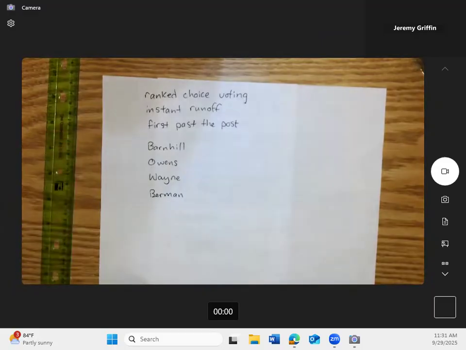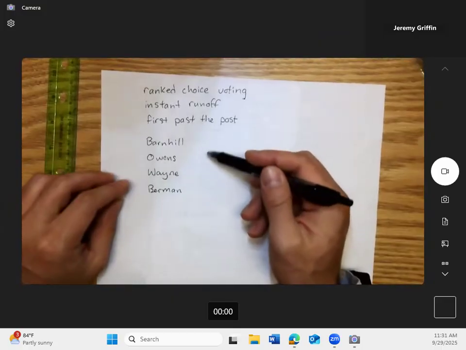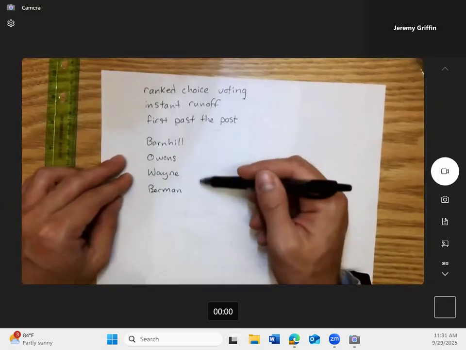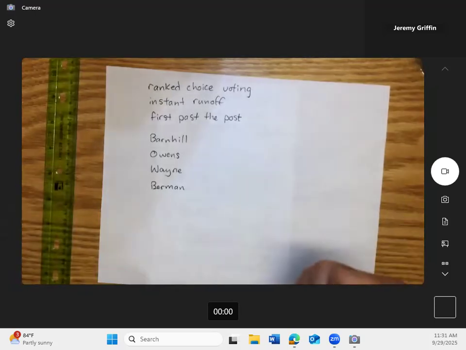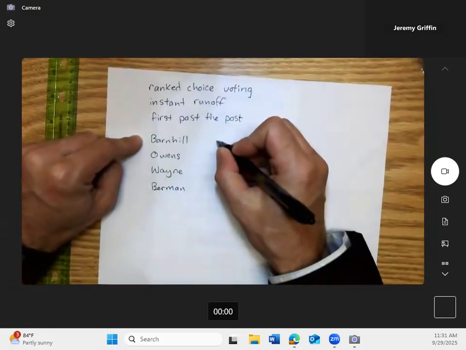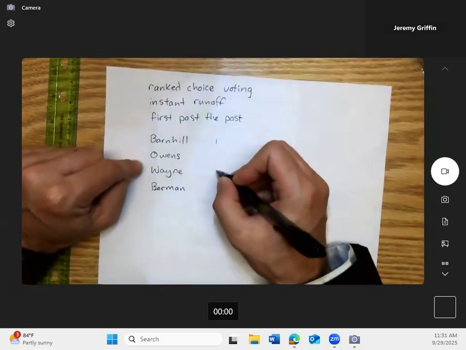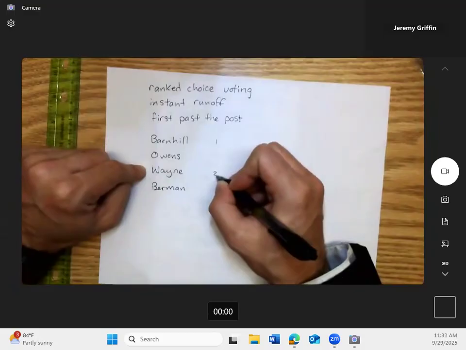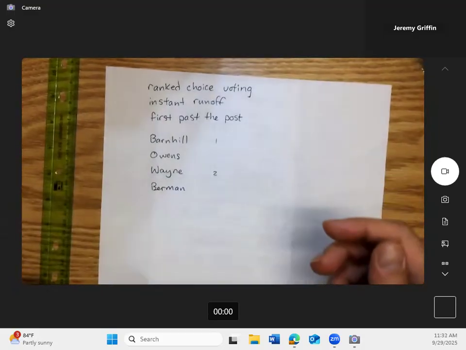Now, on your end, I just want you to either think in your mind, or if it helps, jot this down on paper: who's your first option out of these four? Who would you really want to win? And then, do you have a second choice and maybe even a third choice? For example, suppose you really like Miss Barnhill and that would be your number one choice. And then maybe I like Miss Wayne second, and maybe you haven't even had the other teachers, so you just stop ranking. So there's my number one, my number two, and then I'm done.